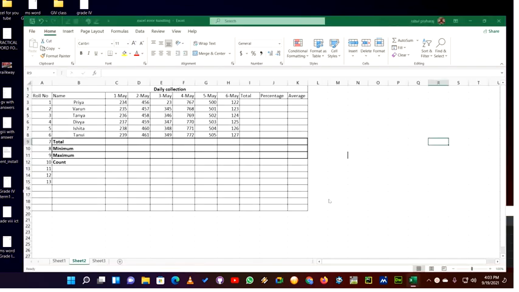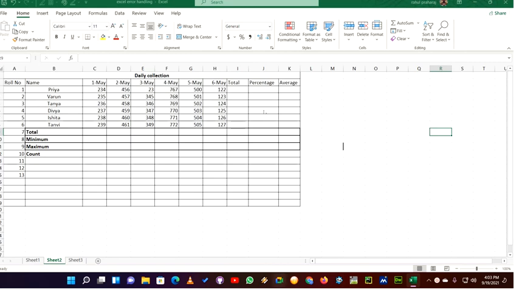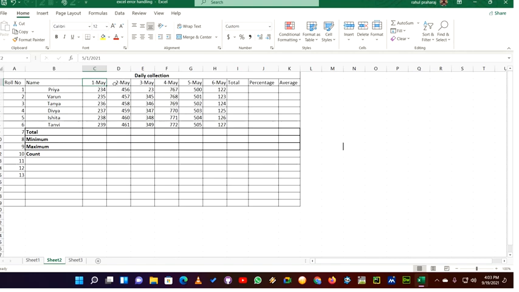So as of now we are going to use this table which I have created in Excel. As you can see here, I have created a daily collections report with some students' names and the fees that have been collected for the month of May. So first, second, third, fourth, fifth, sixth, some fees have been collected, and we are going to see the total row wise and column wise. Then we are going to check the percentage, then average, min, max, and count.